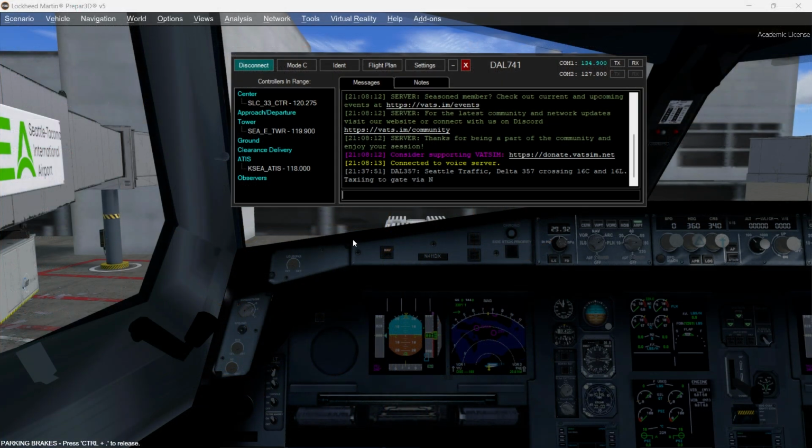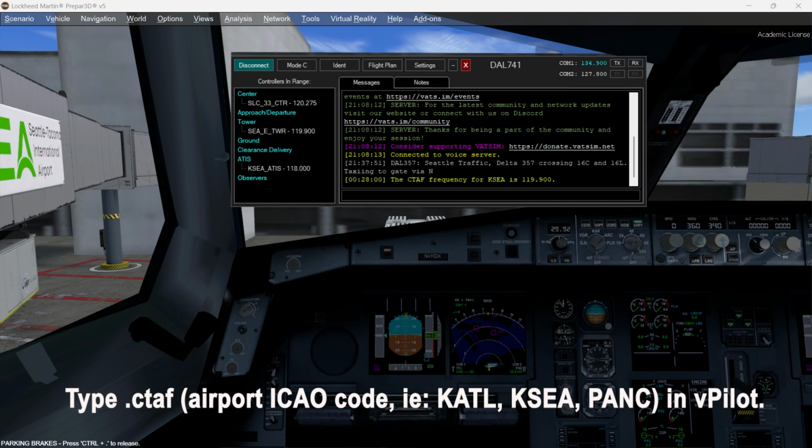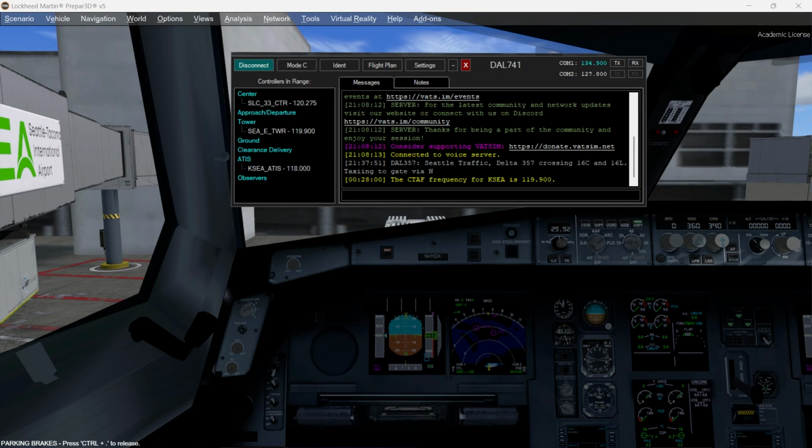Lastly, you can use your vPilot client to find the correct frequency by using the CTAF command in the Message tab of the vPilot client. Simply go to the Messages tab, type .ctaf, and then the ICAO code for the airport. It may take a moment, but you'll receive a transmission with the correct CTAF frequency.